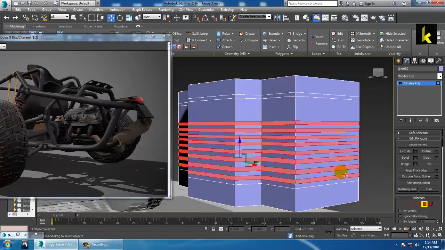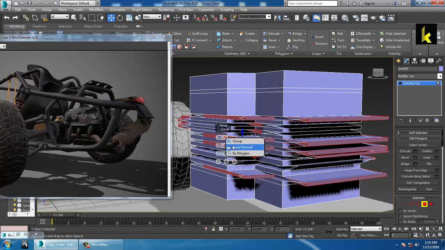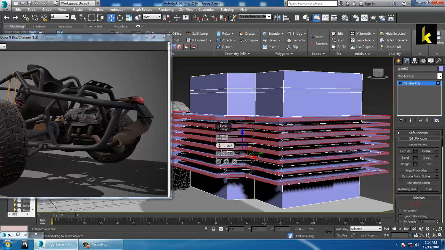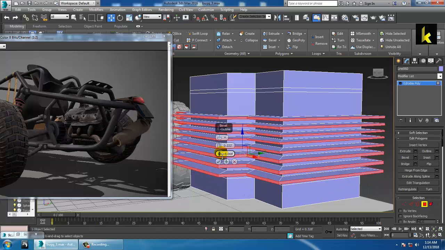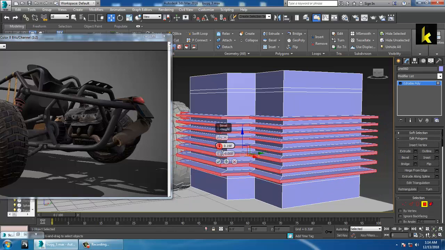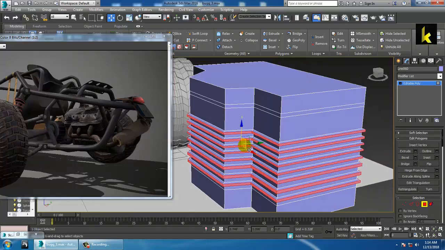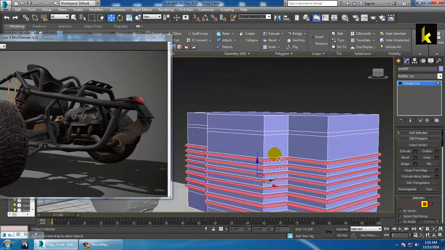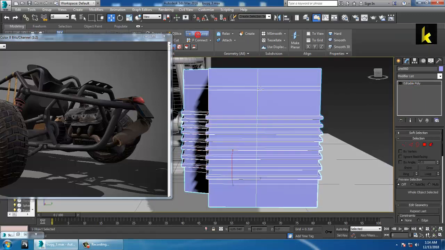So you can just select it, and there is an option over here called bevel. Take a bevel and push this a bit inside and click OK. So once you're done, you can use it in this particular way. Also you can use this